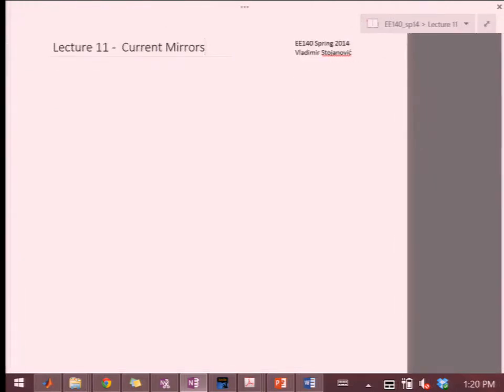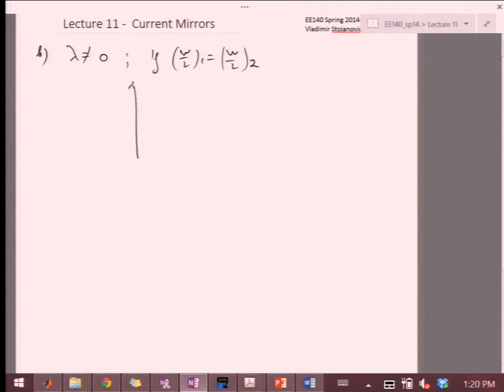Now, to understand a more realistic scenario, let's assume that lambda is actually different from 0. That means we now have the channel length modulation effect back. Say we ask what happens if W over L1 equals W over L2. If we draw I out as a function of V out, which is the same as VDS2,